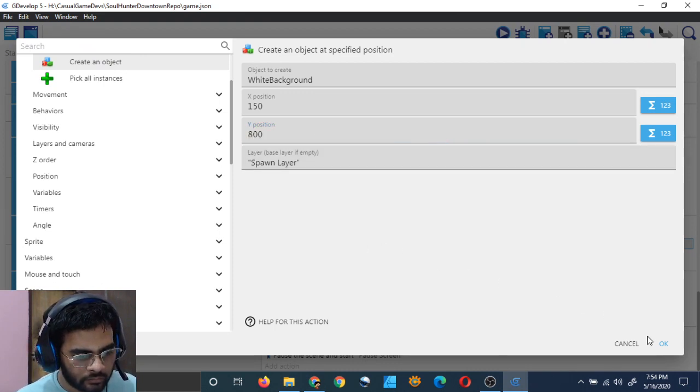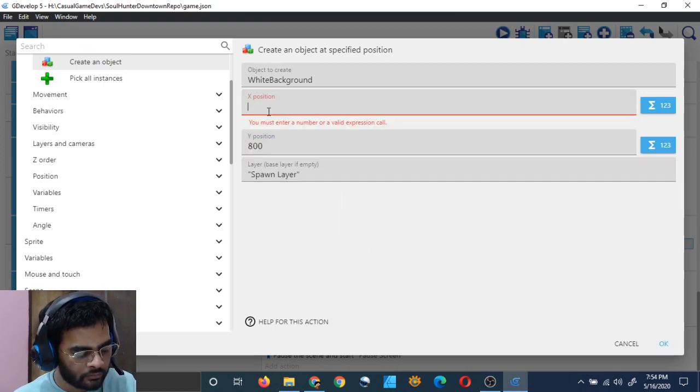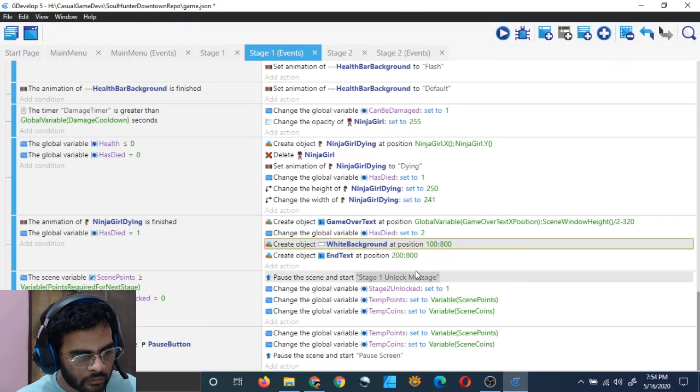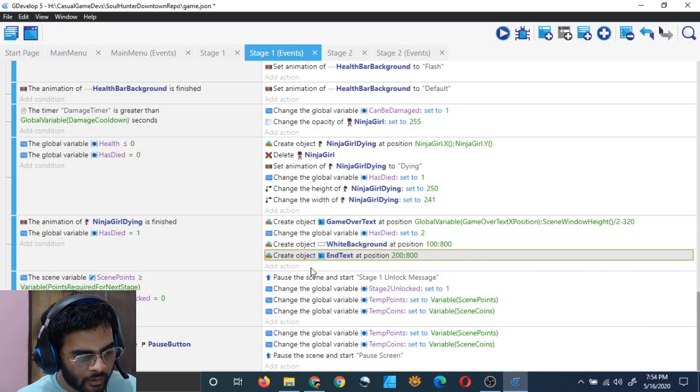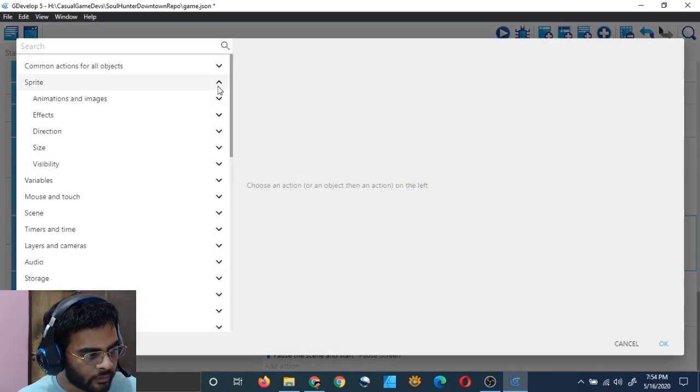800 and 200, no, 150 was, I think it should be 100. And create object at position 800 Y, and let me change the z order of this object.